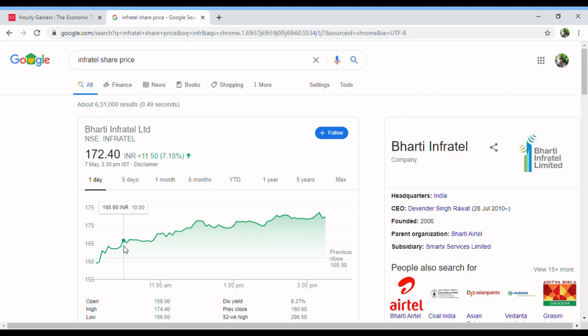Once you have confirmed that Nifty is trading at 0.20%, and the stock is in our screener and has been trading above the previous close, you can enter the trade. Beyond that, during the day it went till a high of 173.60. Trade with a proper SL and proper profit target. You can expect a risk-reward of at least 1:2. If you are taking 1 rupee of risk, you can wait for a reward of at least 2 rupees. If you are a very good trader, you can even trail your SL. This is the example of Bharti Infratel.